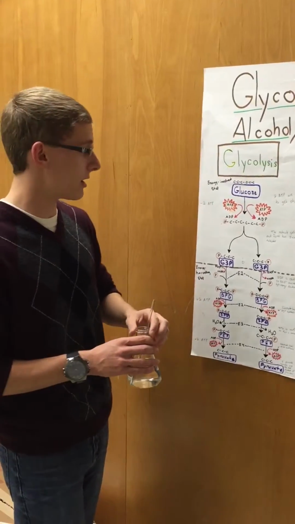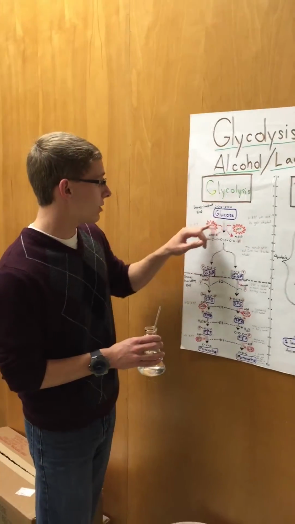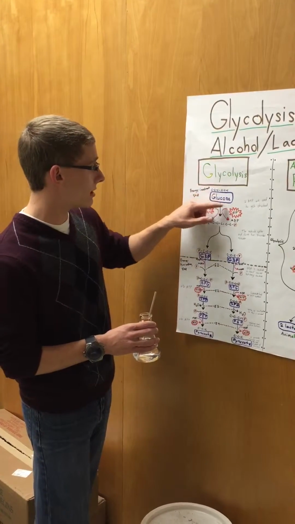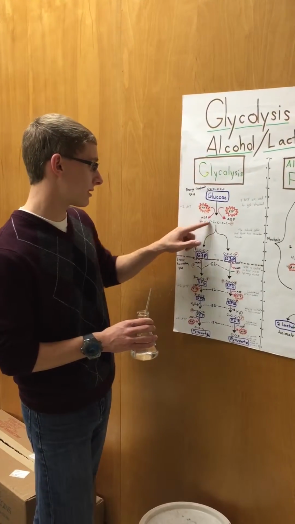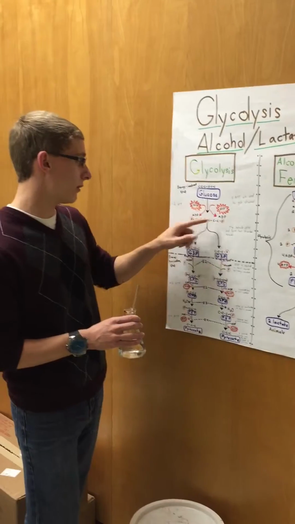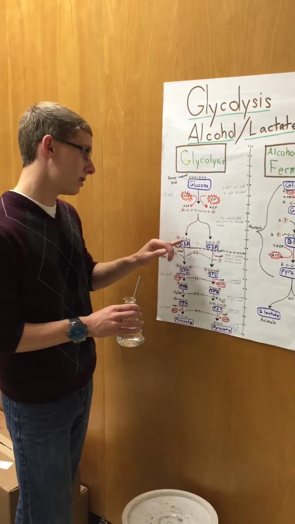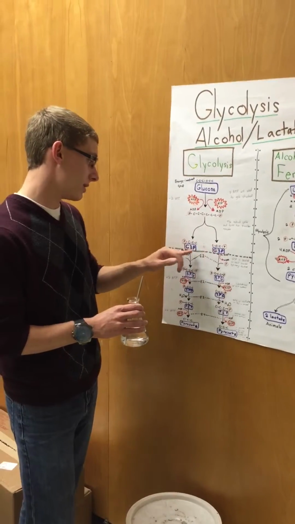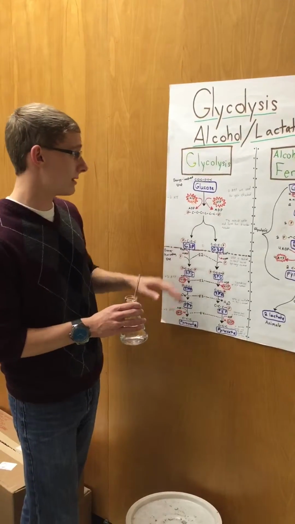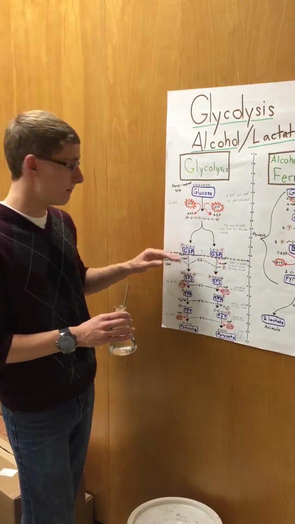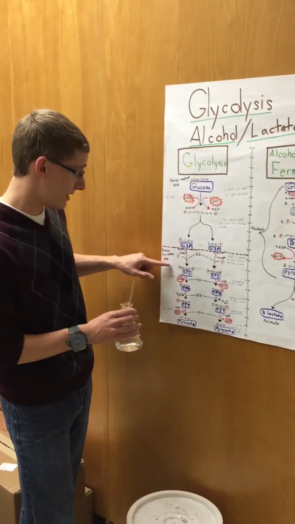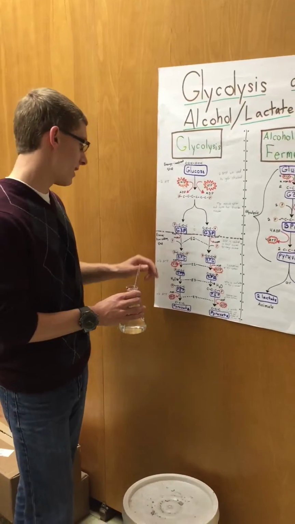for adenosine triphosphate. The two ATP combine with the 6-carbon glucose molecule to make a 6-carbon molecule with 2 phosphates, one on each side, and then that molecule splits and forms two 3-carbon molecules, which are called G3P. That is the end of the energy investment step, which brings us into the energy harvesting step, in